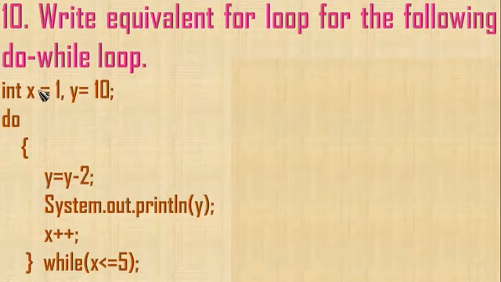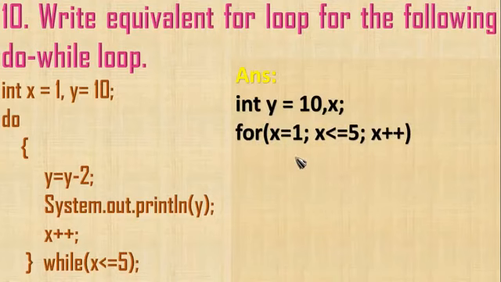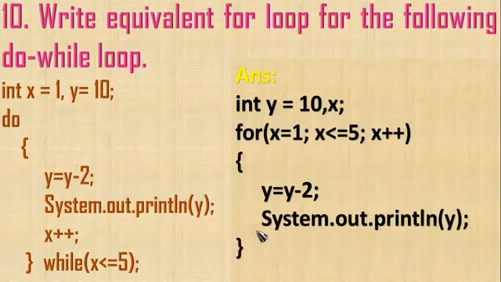So what we can do is initialize this x in the for loop, while y we can initialize before it. So I have done y is equal to 10, that is initialized, and x I have declared here: x is equal to 1, then x is less than or equal to 5, the condition is given there, and then x++ is done here. Then open the braces, y is equal to y minus 2 and then the printing statement. We close the loop.